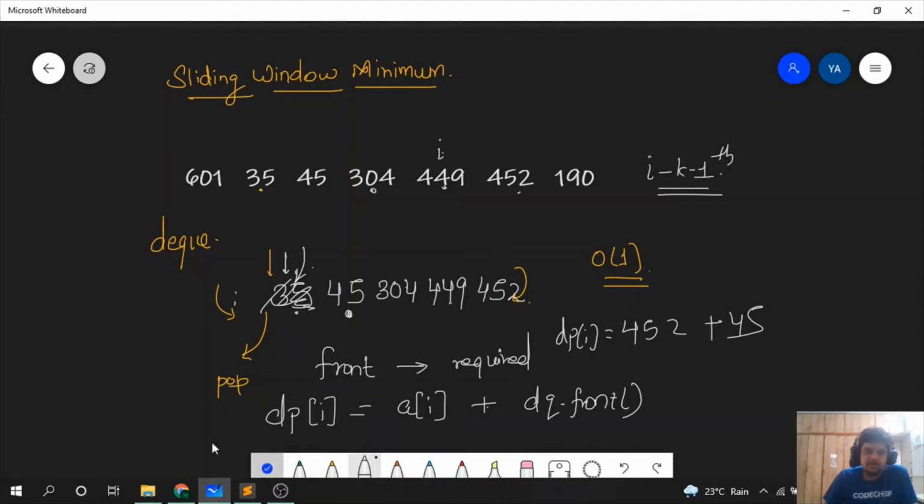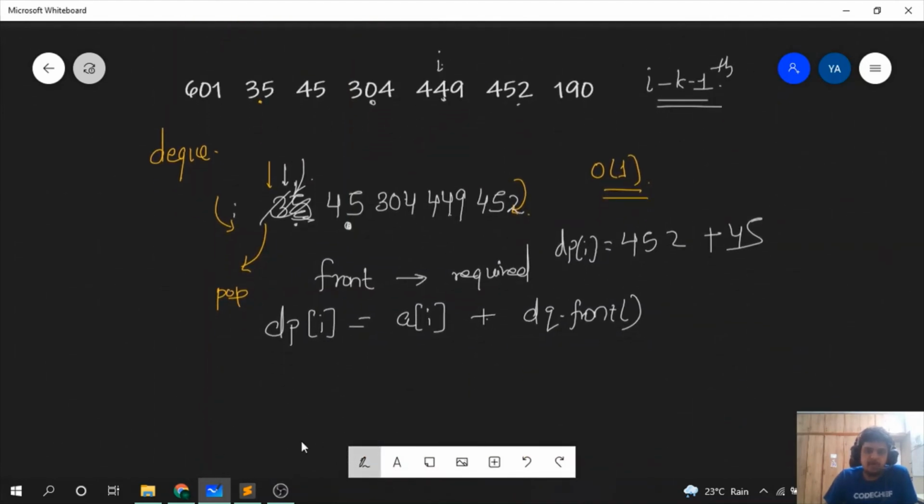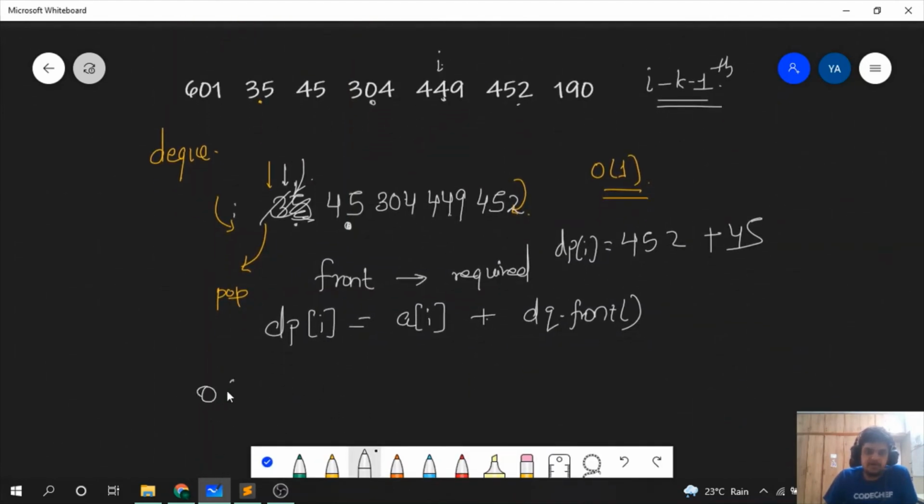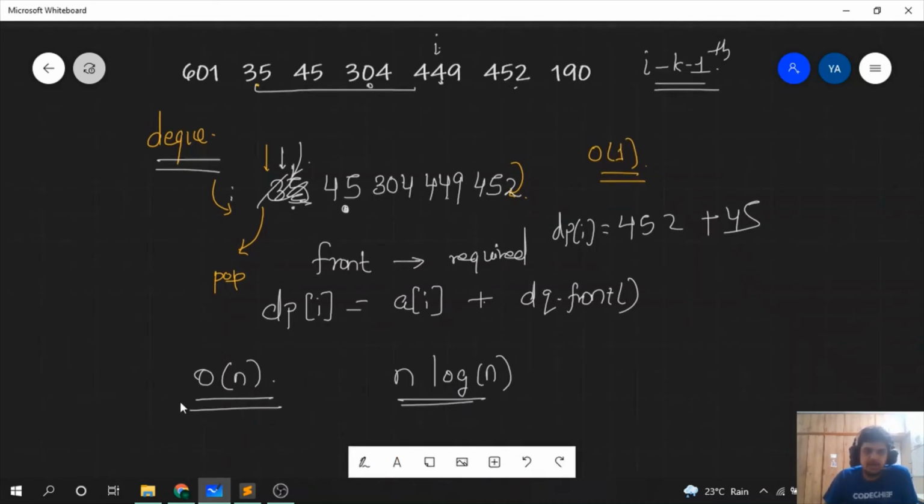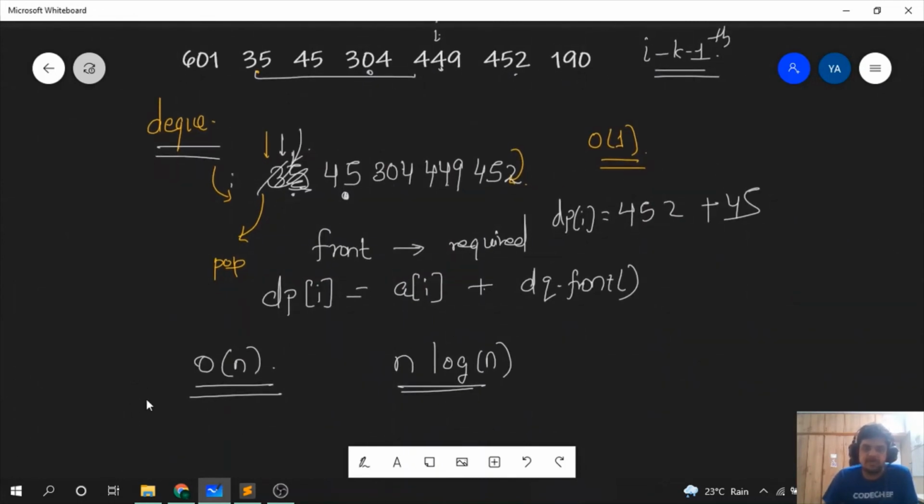So here basically the overall complexity of our algorithm will be O of n, and this is the best that we can achieve, and this is achievable by using DQ. If you had used a segment tree, then you would have to calculate a range minimum. So range minimum would have been a log n operation, and hence the overall complexity would have been n log n. So yeah, I think you got the gist of the DQ, and now let us quickly proceed to the